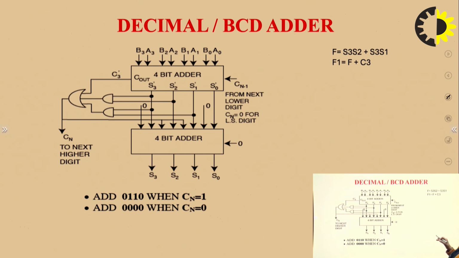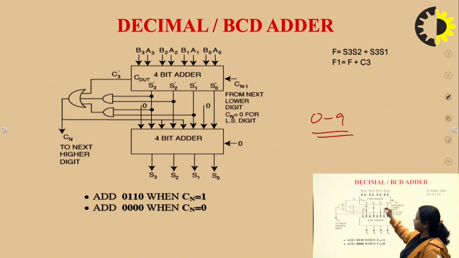In the BCD adder, we all know that valid BCD is considered from 0 to 9. So when the addition is from 0 to 9, there is no problem. But when the number exceeds 9, then there is a problem, and for this there are some rules. You need to add 6 to it if your addition is beyond 9. So you need to add 6, and if a carry is generated, then also you need to add 6, right?